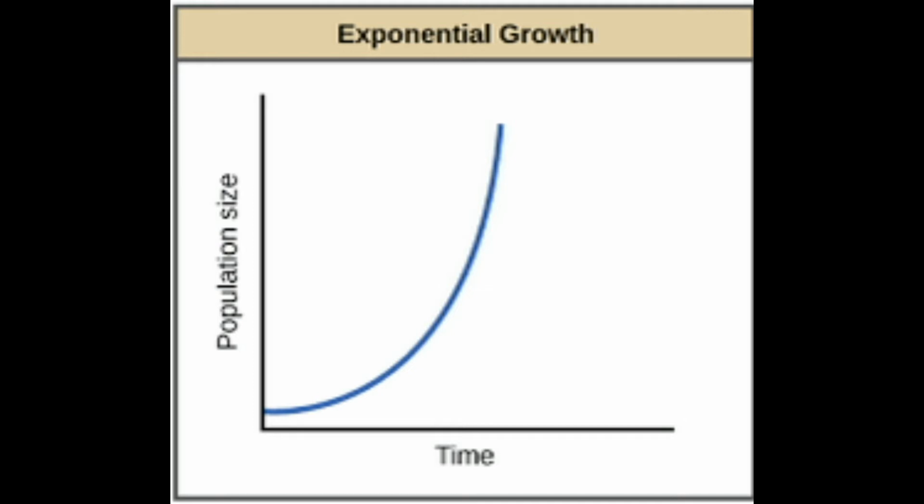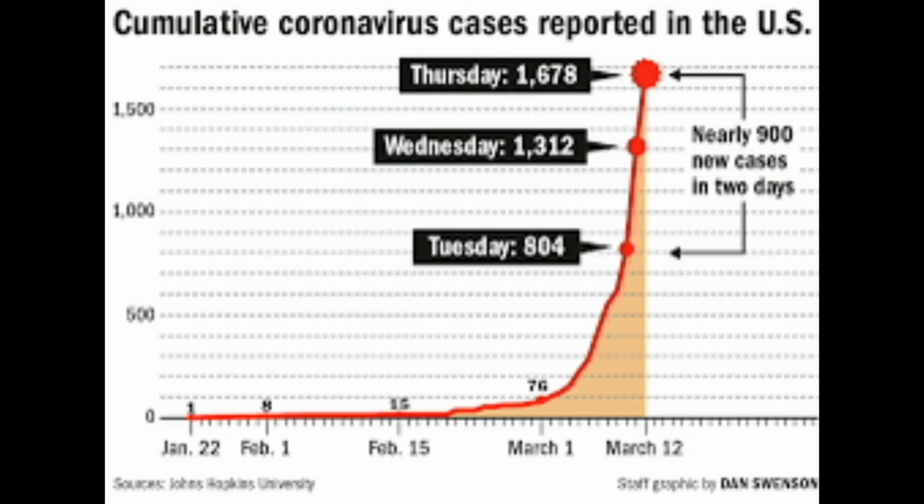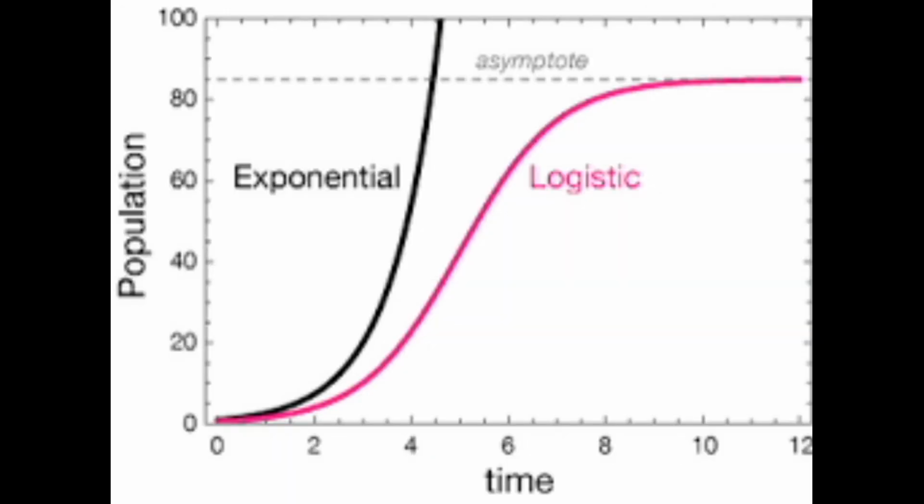This equation works perfectly well for exponential growth. The problem with the equation is it doesn't actually model a pandemic very well. The equation assumes unchecked growth. In other words, it assumes that things can keep growing at the same rate forever. In reality, a pandemic has a limiting factor. At the beginning, the growth is virtually unchecked, but as time goes on, there are fewer and fewer people left